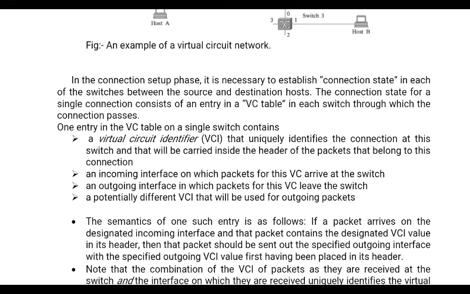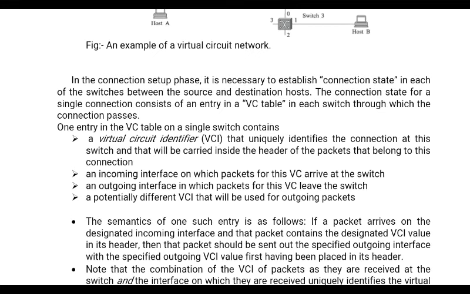It also has the incoming interface, that is, the interface on which packets for this VC arrive at the switch; and the outgoing interface, that is, the interface on which packets for this VC leave the switch. Is it clear? There is a potentially different VCI that will be used for the outgoing packets. So these are all the fields which are going to be present.